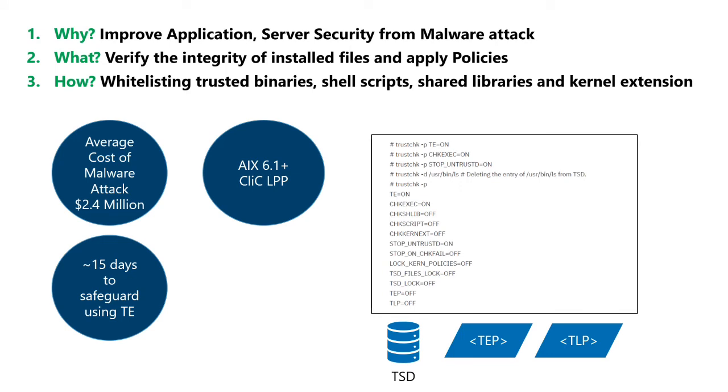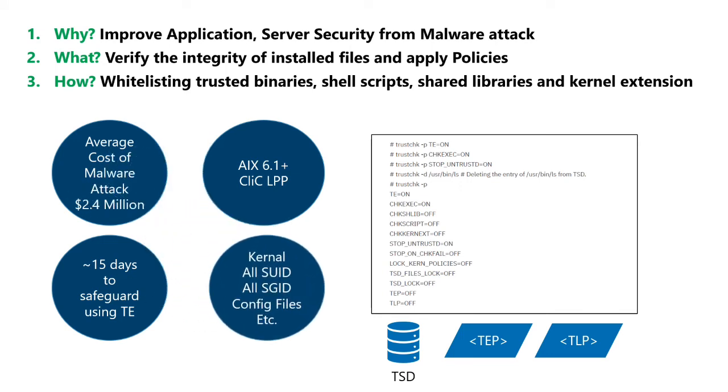In the trusted execution context, trusted files are files that are critical from a security perspective, and if compromised can jeopardize the security of the entire system. Typical files that match this definition are the kernel, all system user IDs, all system group IDs, config files, and all the executable programs that will run using root access. In short, no one can alter the policies or executables or files required to run applications securely once trusted execution is enabled.